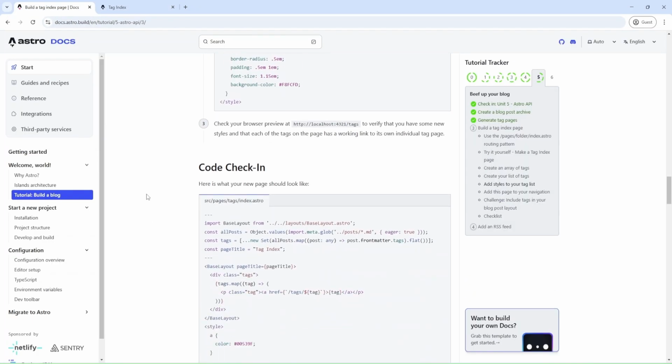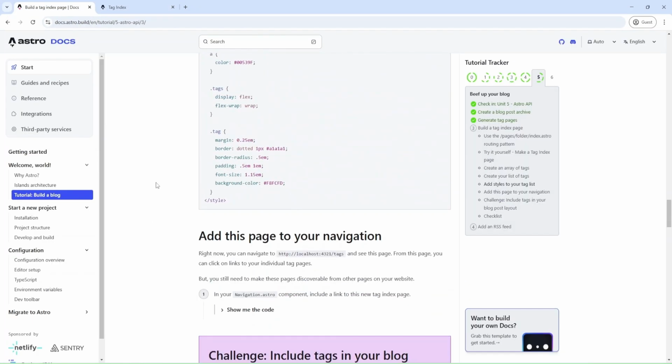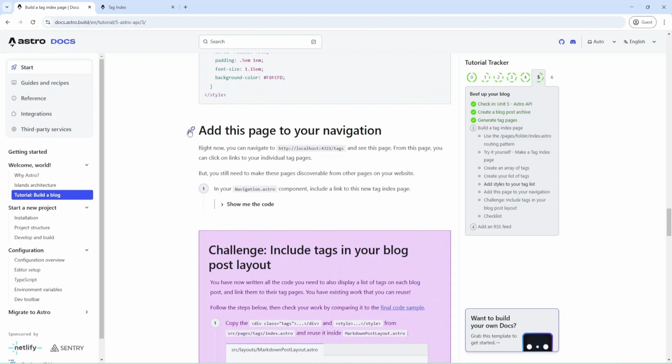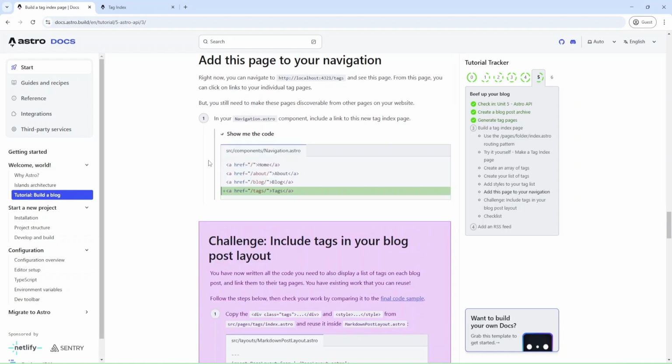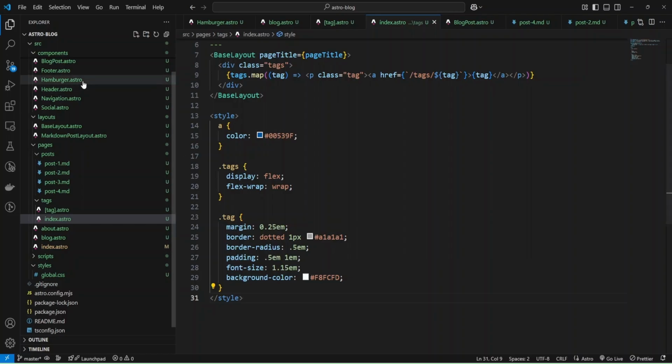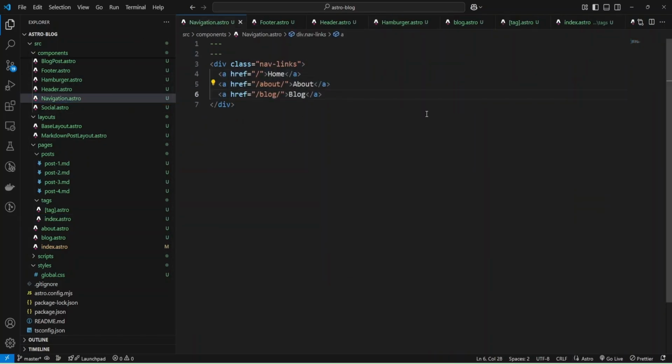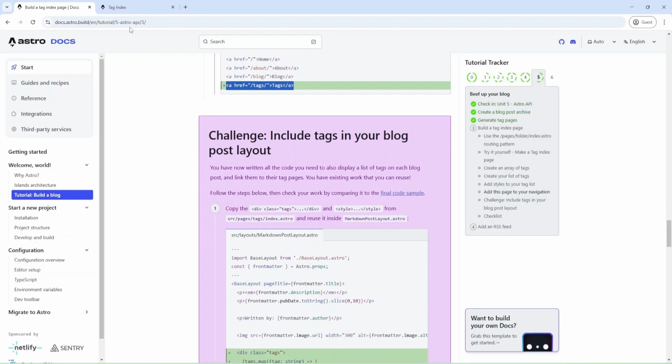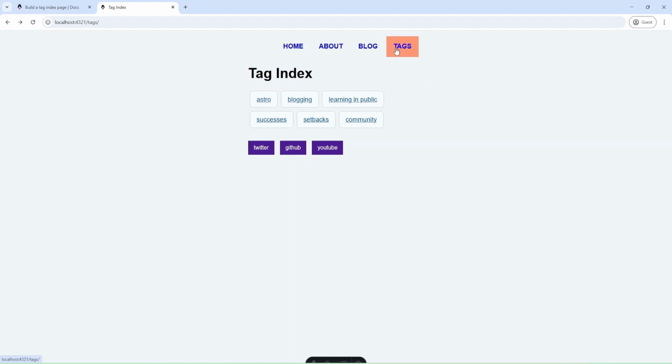Let's move on. We checked the code, and now we can add our page to navigation. Okay, let's do it. Inside the navigation component, I'll just add one more link, and let's check. And as you can see, we have tags here.